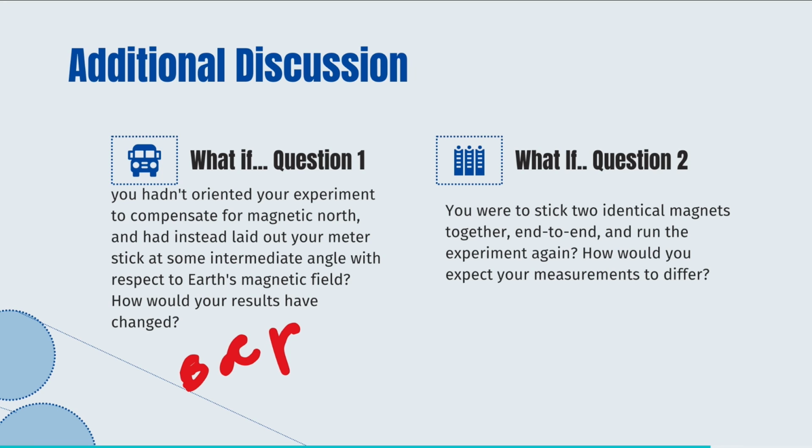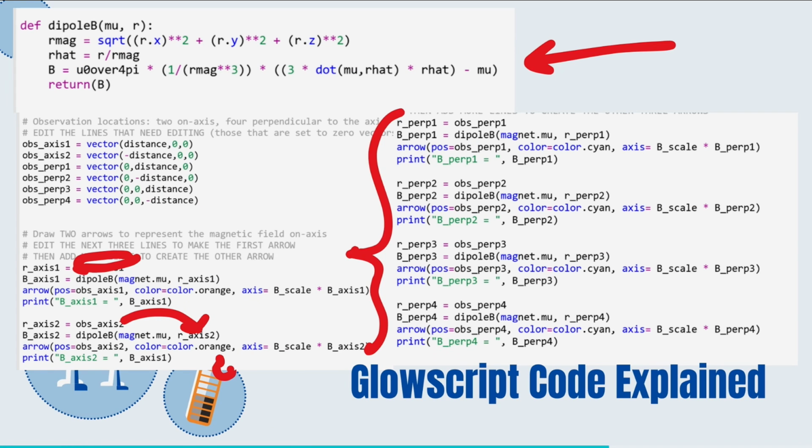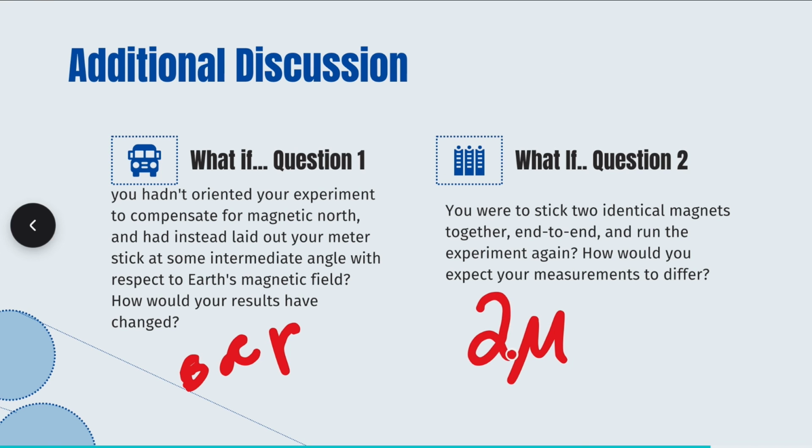And then also, if we stuck the magnets together end to end and ran the experiment again, we would double the magnetic dipole moment mu. So we would have 2 mu, which means almost everything would be the same. We could definitely calculate this, but it does impact our K and our K R^n relationship by, I feel like, ln of 2. And the curve would sit higher at like a factor of 2, but that was